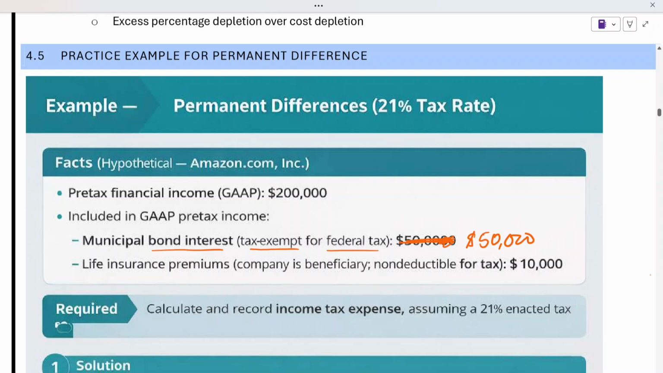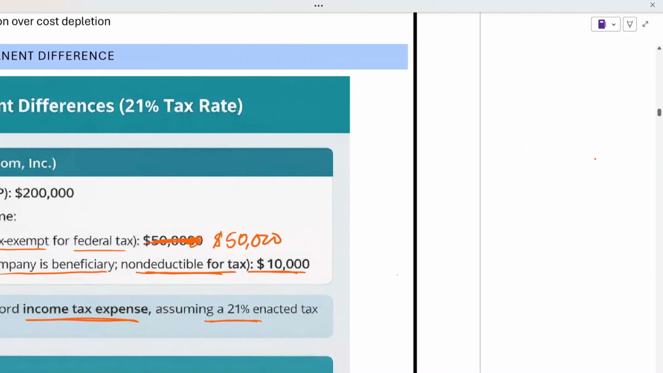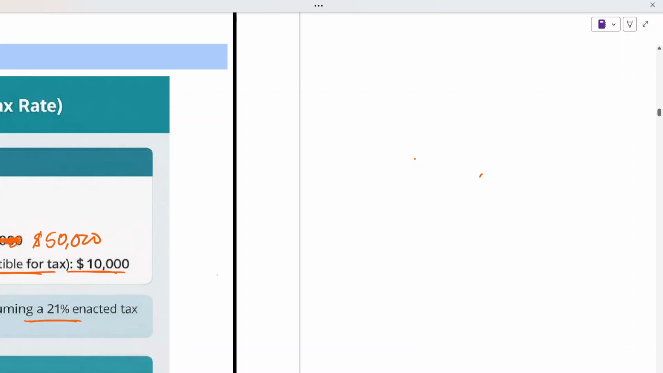this is showing as an interest. Similarly, the life insurance premium for which the company is beneficiary is non-deductible for tax. Now the life insurance premium which the company has paid is worth 10,000, but this should not be deducted in the books of the company. Now they are saying we need to calculate and record the income tax expenses assuming 21% as the tax rate. So what we will say is that, okay, our